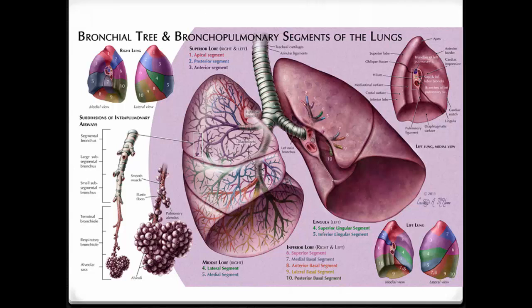And then last, the pulmonary segments. The pulmonary segments are color-coded over here, for here's the right lung and here's the left lung. And basically, you have a bronchopulmonary segment for each of the tertiary bronchi. There's connective tissue that separates or partitions each of these pulmonary segments, and they're of clinical importance